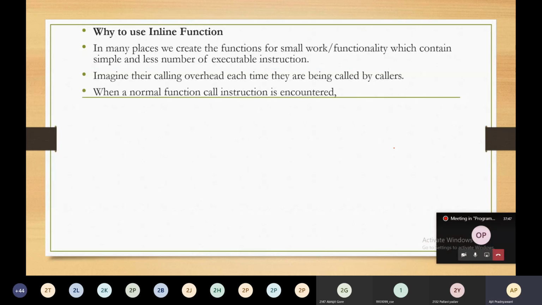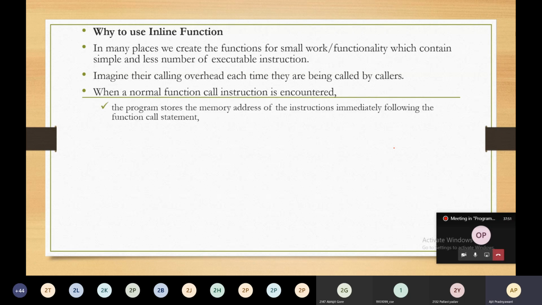When a normal function call instruction is encountered, what will happen? We are going to see it step by step. Once you call the function, the program stores the memory address of the instruction immediately following the function call statement.